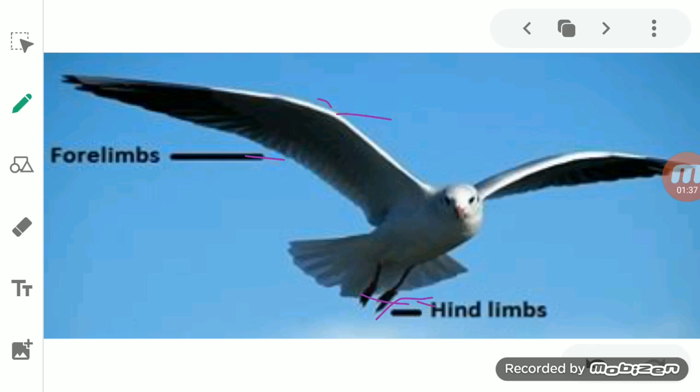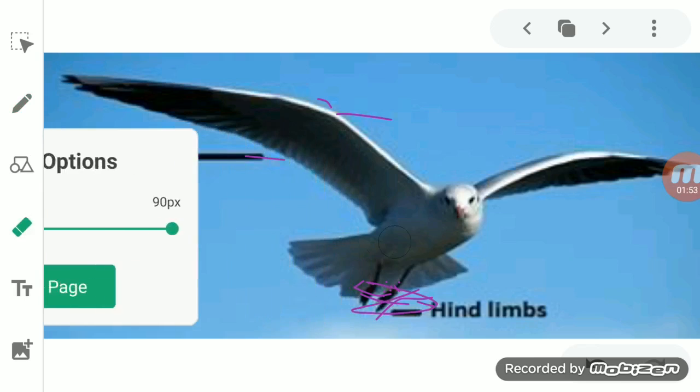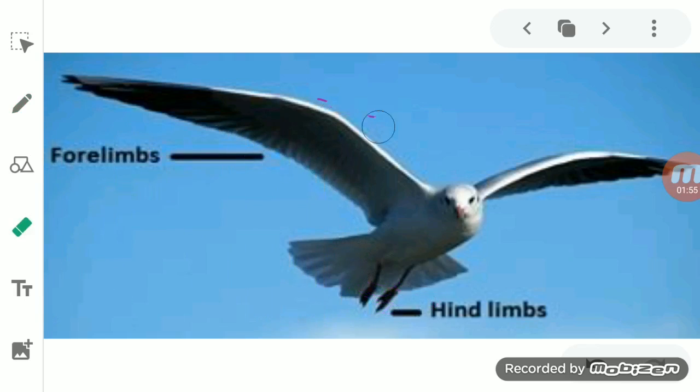So the birds which walk on the ground do so by using their hind limbs. And when they stand, like you see in the penguins also, these are birds, they are able to walk on the ground just because of the help of the hind limbs. A normal bird also, if it walks on the ground, walks with the help of its hind limbs.